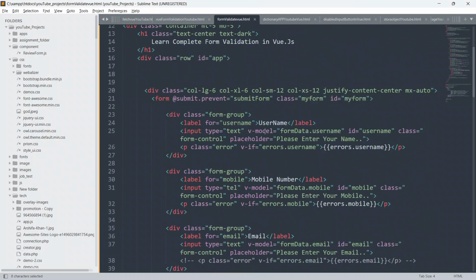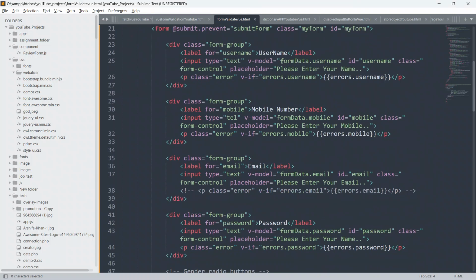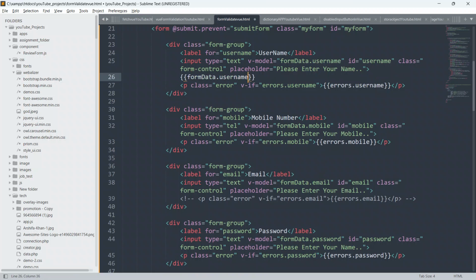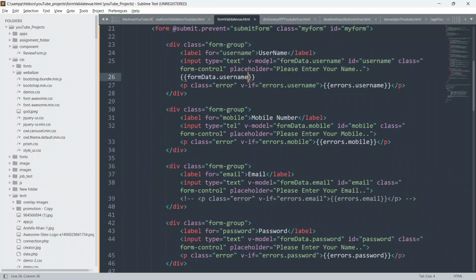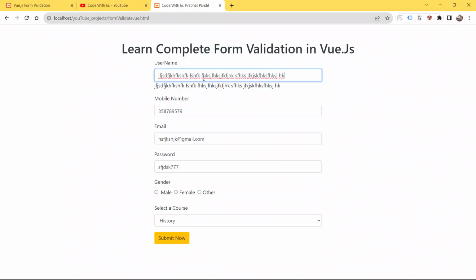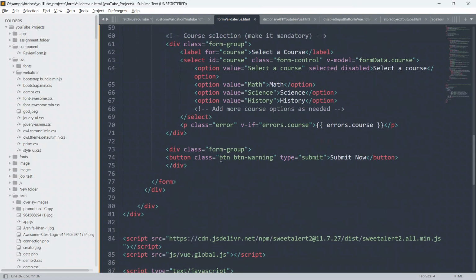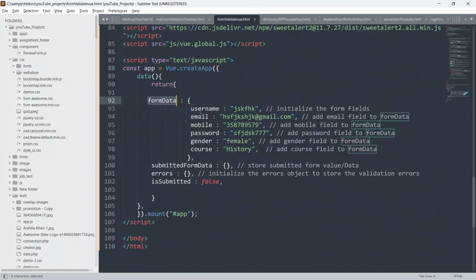So now let me show you one more thing here, so that you will be able to understand. Just copy this from here, and below this put double curly braces, and put this also. Now save your code, go to the browser and refresh your page. Now we can edit it, and whatever you write, you will also be able to see. Which means whenever you change this input field, this form data is also going to be updated simultaneously at the same time.